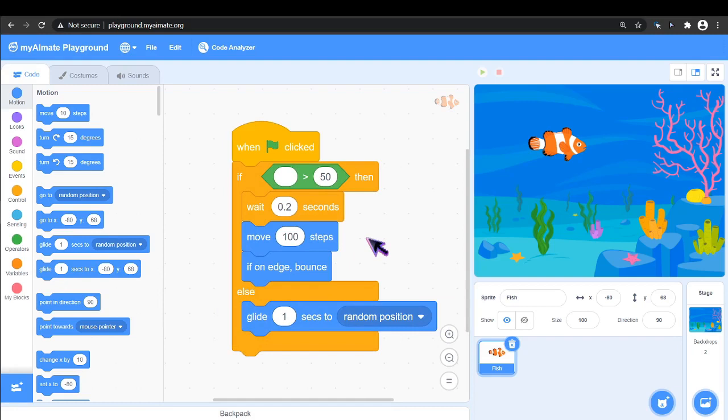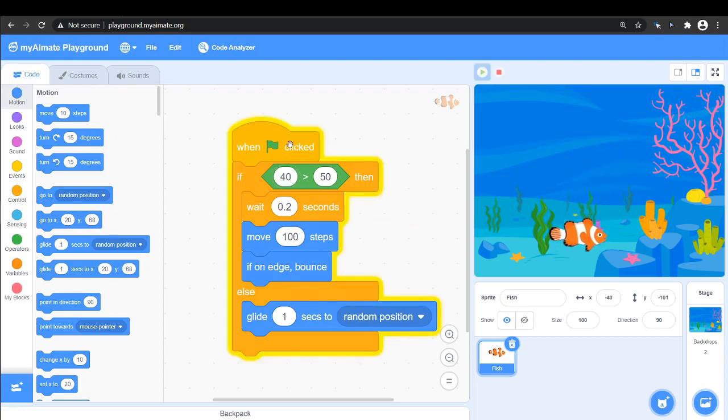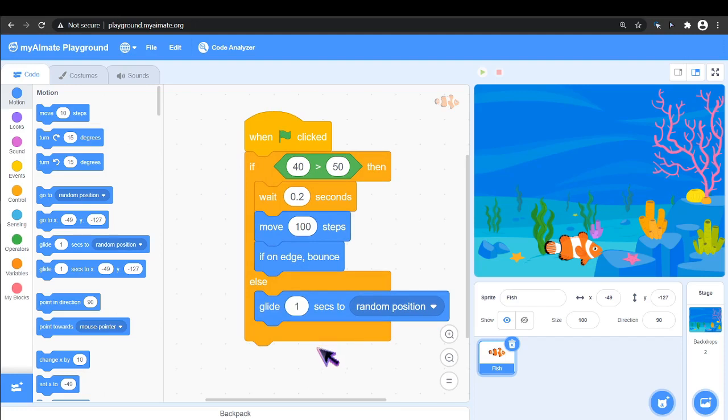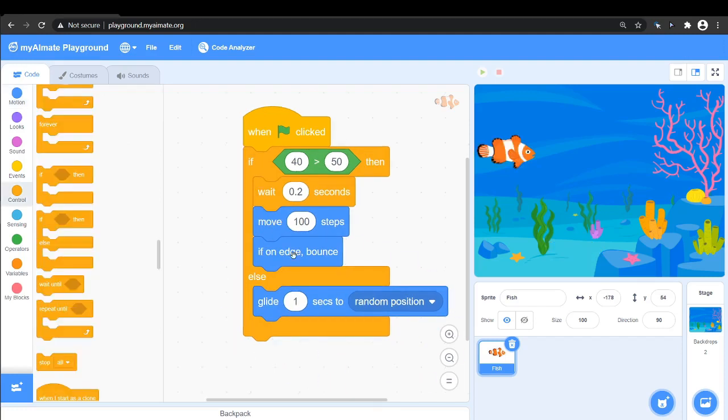Now, let's run this code. As you can see, when I entered the number 60, our condition was true and our sprite, the fish in this case, moved 100 steps. But when I entered the number 40, the condition was false and the program executed the command of the else code block.